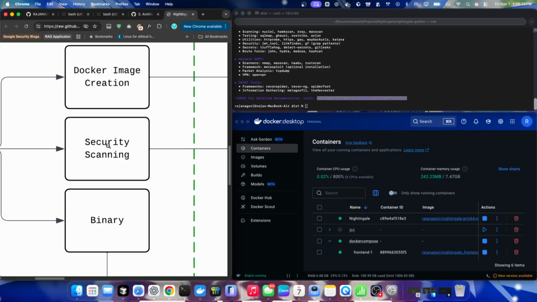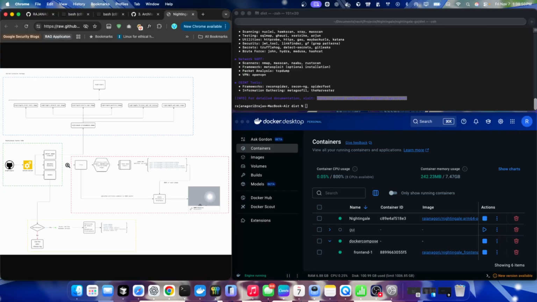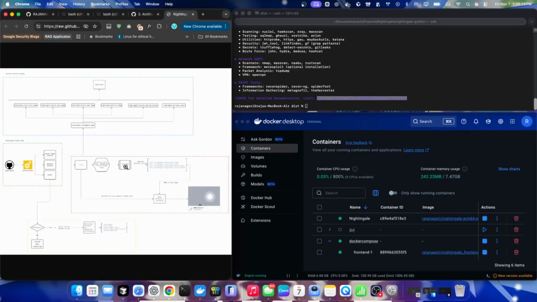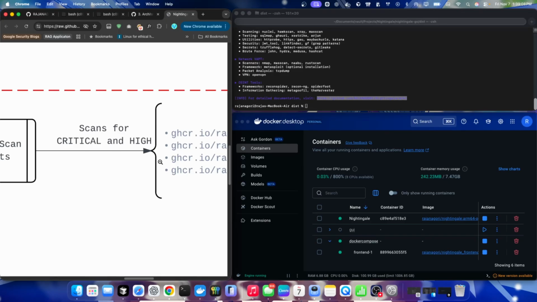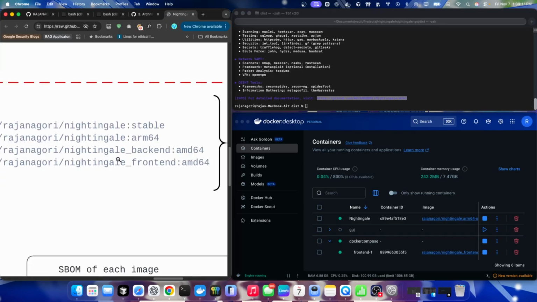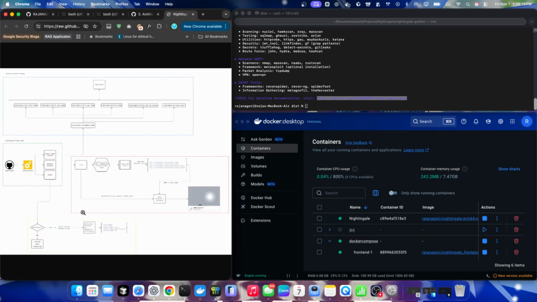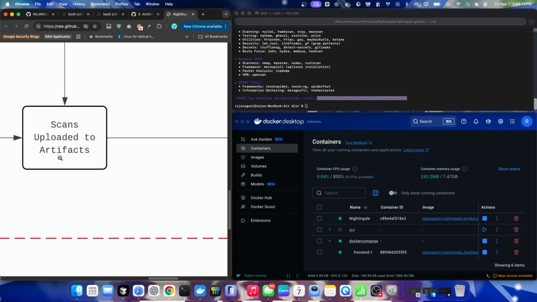The other part is the security scanning. Here you can see that security scanning goes for the Trivy installation, then fetches all the latest images and the major image, which is called stable ARM64 backend and frontend, backend and frontend for the GUI. Then it goes with the Trivy scan and fetches all the critical and high vulnerabilities. Once everything is done, it goes on to create SBOMs, upload them and store them in the artifacts